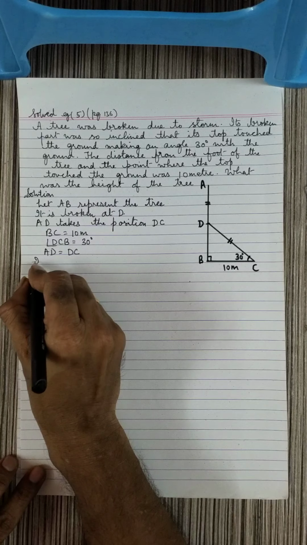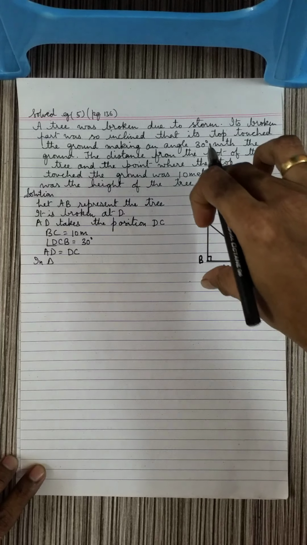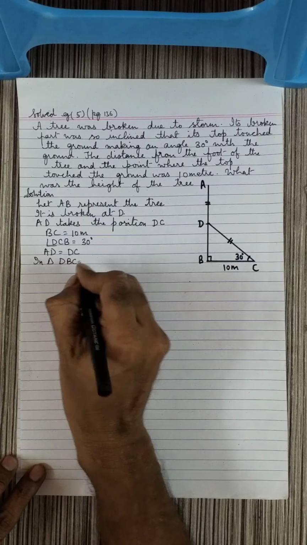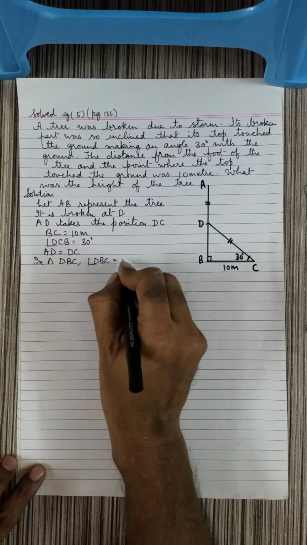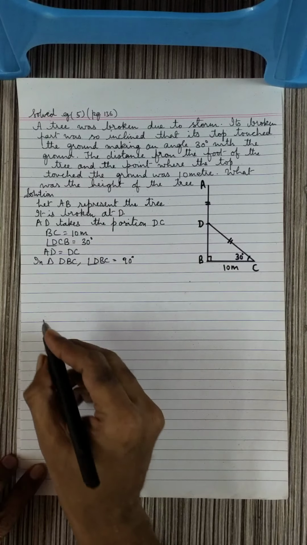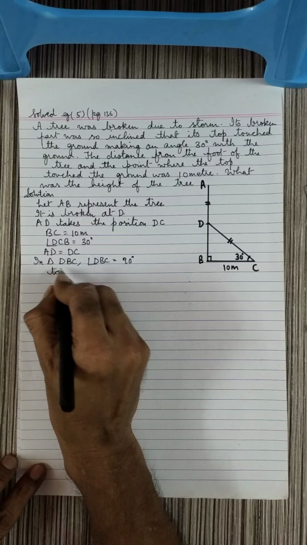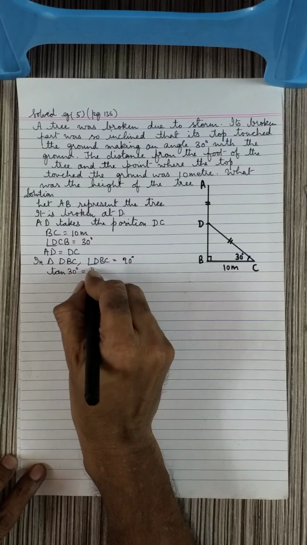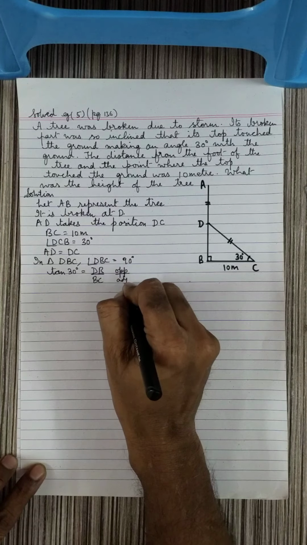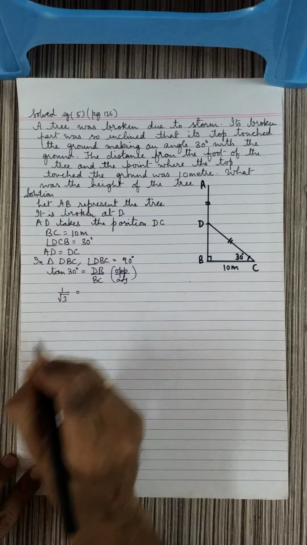Now in this you have to use two trigonometric ratios, because we have to find the entire tree. So now see how I am doing it. First I will say in triangle DBC, angle DBC is equal to 90 degrees. First I am going to find DB. So I will be using tan, opposite side upon adjacent side. So I will say tan 30 degrees is equal to DB upon BC, opposite upon adjacent. So tan 30, by now you must be knowing, is 1 upon root 3.